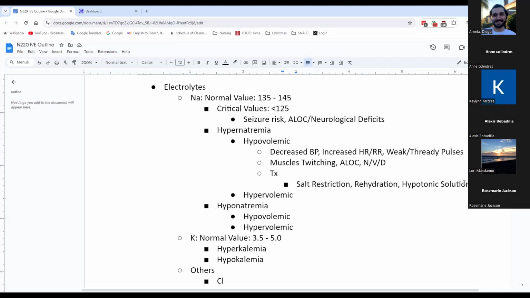D5 half NS is hypertonic in the bag and slightly hypotonic in the blood, but the fluid shifts on that one aren't as fast as a purely hypotonic solution. So you'll see some doctors give it for maintenance fluids. And I think a lot of things when it comes to fluids get a little complicated because there are different types of dehydration and whatnot. But just know that